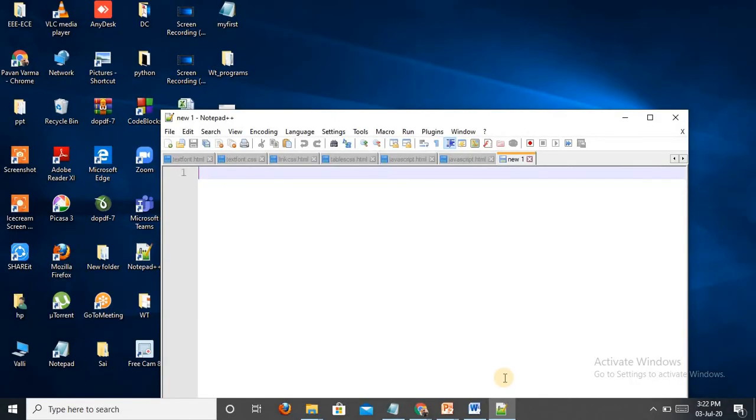So I am writing a simple function example. Whenever you open a tag, you immediately close the tag. It is a simple tip.